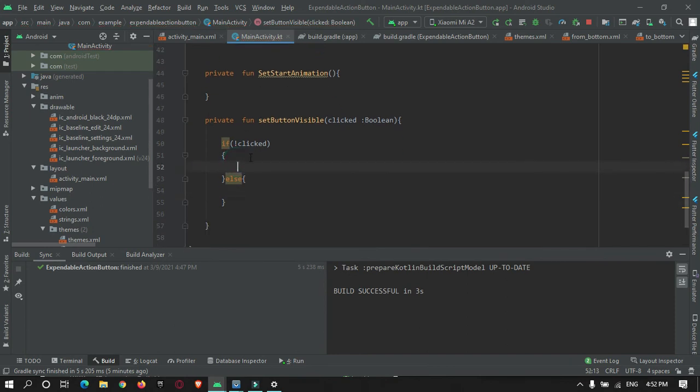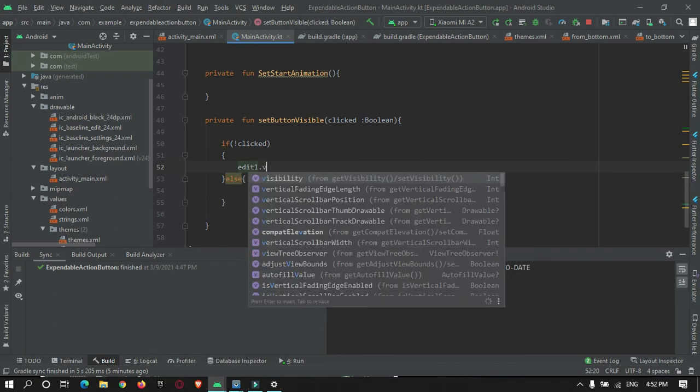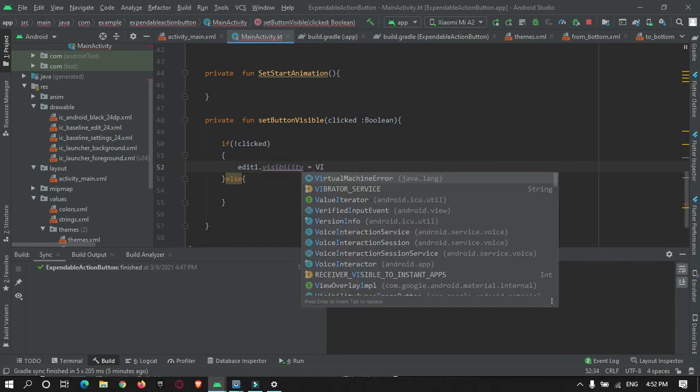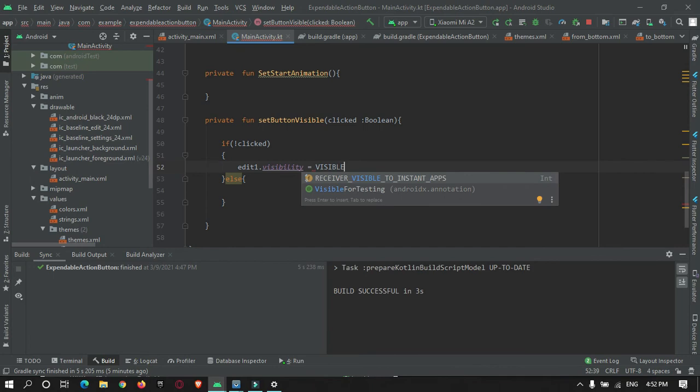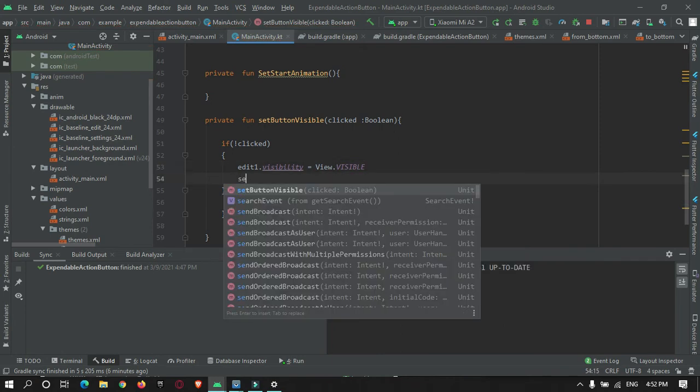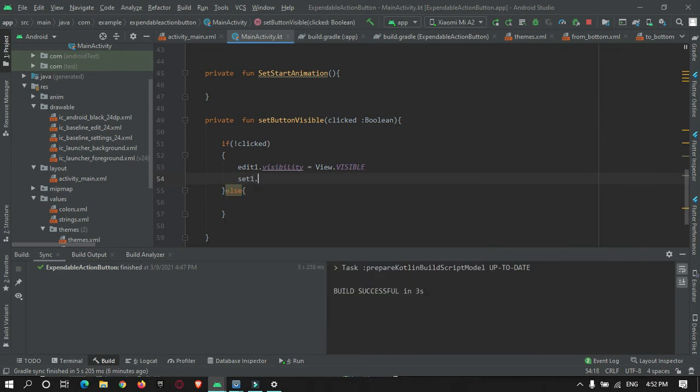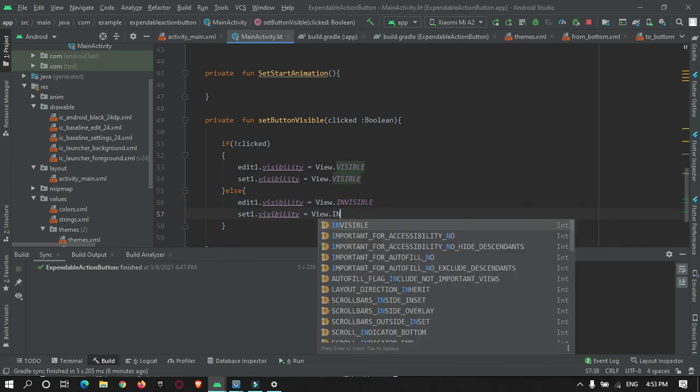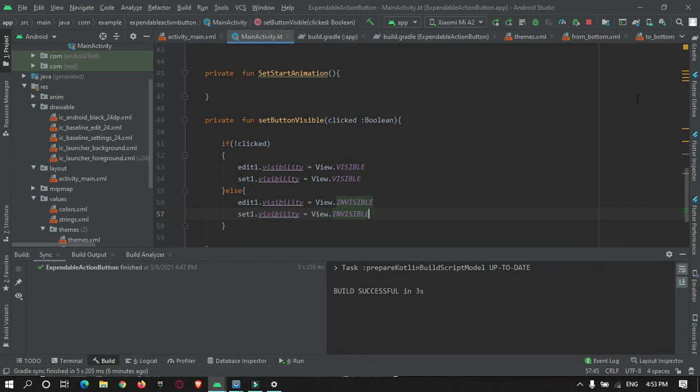In this if statement we will set editButton.visibility equal to View.VISIBLE, and also for the setting button View.VISIBLE, and in the else statement we will make it invisible.